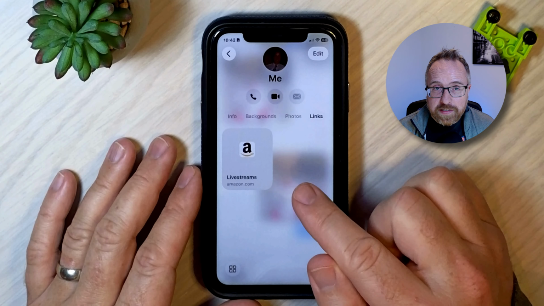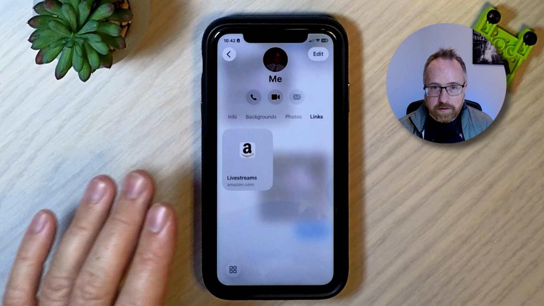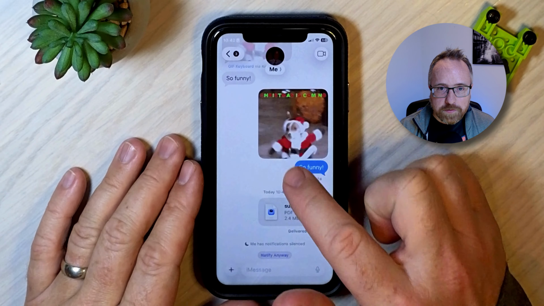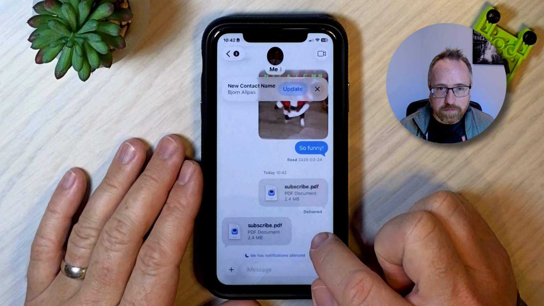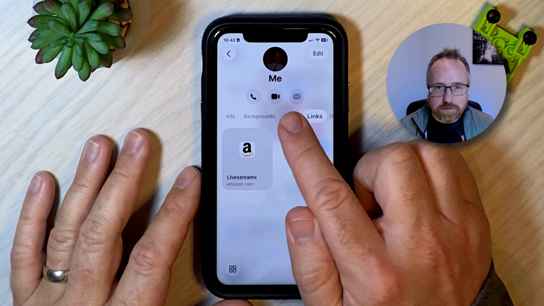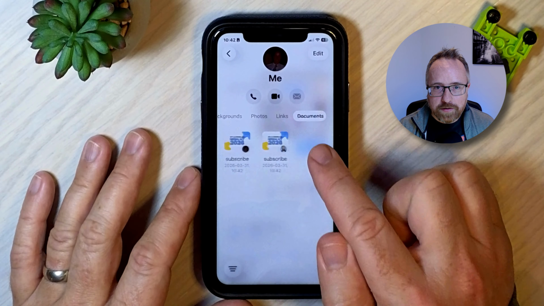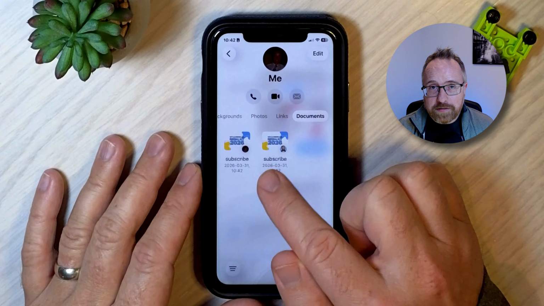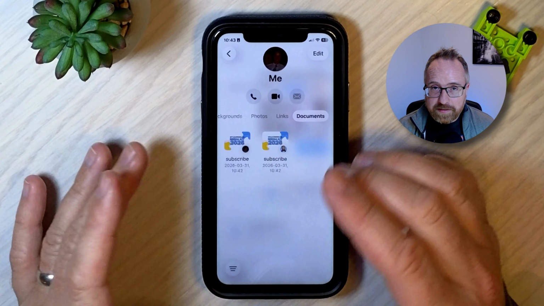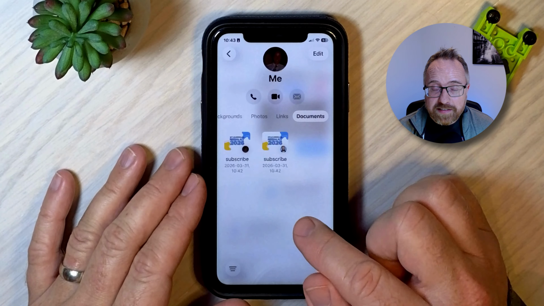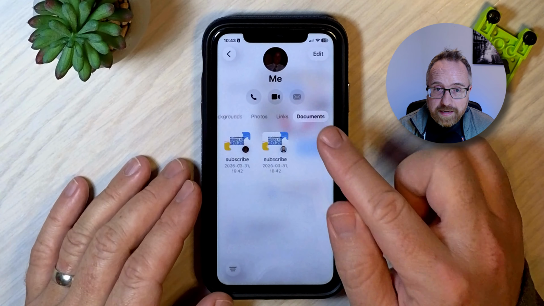But watch what happens when I send a document to this contact. Okay, I just sent it from my computer. Let's see if it comes in. There it is right there, delivered already. Now if I go up to the contacts area again, look, there's a new tab added, documents. And there's 2 copies of it for some reason. Pretty sure it's because I was sending it to myself, and so it gets weird when you send stuff to yourself. Either way, when you receive documents and you send them back and forth between your contacts, there is a